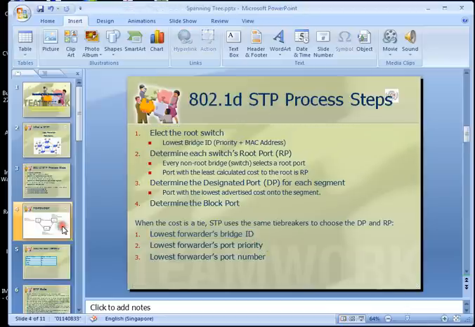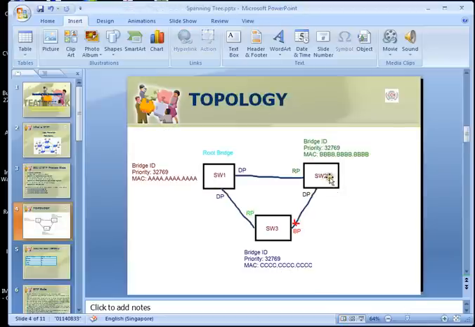So if we see here, switch 2 has the lower bridge ID compared with switch 3. So switch 2 will win. So the switch 2 port becomes the DP and the other one becomes the blocked port. Okay.